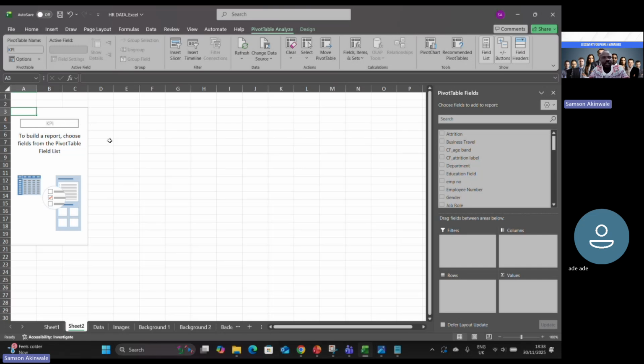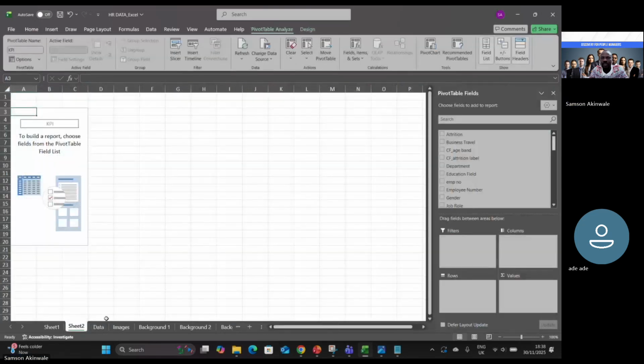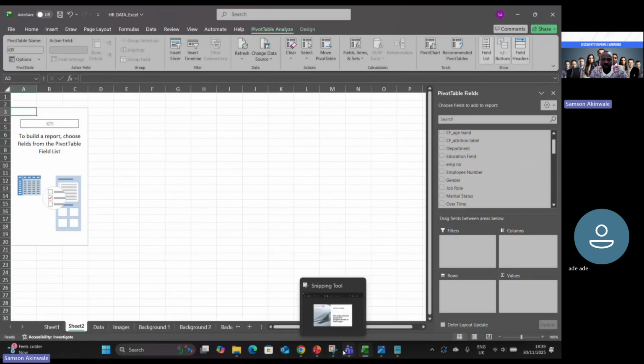So this has changed to KPI as you can see here. And on my right side, you can see a pivot table field list, which is being enlisted there. So those are the different columns of that table I showed to us of the data, which is here. And I can pick any of those columns to